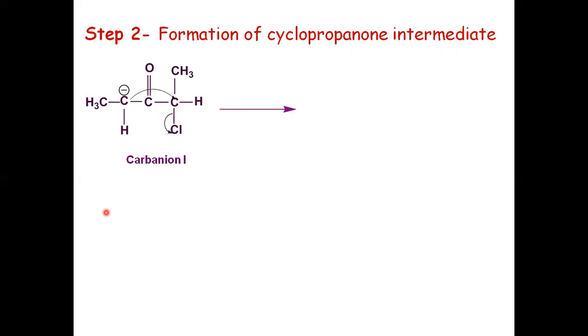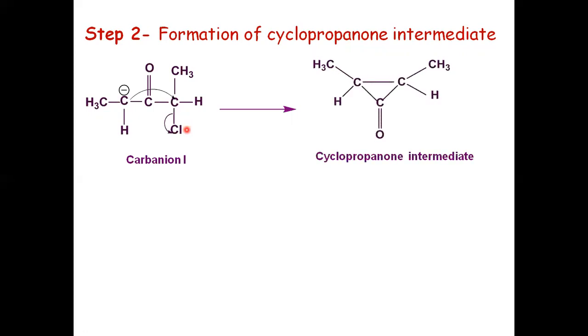Or we can say, to stabilize the carbanion, the negative charge attacks the other alpha carbon and forms a new carbon-carbon bond, with simultaneous cleavage of the carbon-halogen bond. Or in the first and second steps, elimination of H plus and Cl minus by 1,3 elimination, and a 3-membered cyclopropanone intermediate is formed, which is very unstable. Why is it very unstable? Because the ring is 3-membered, and because of high ring strain by the involvement of one sp2 hybridized carbon.